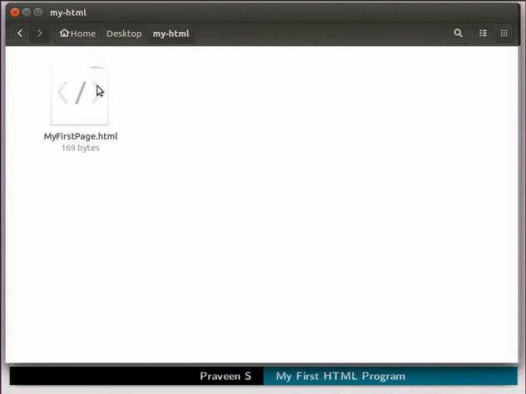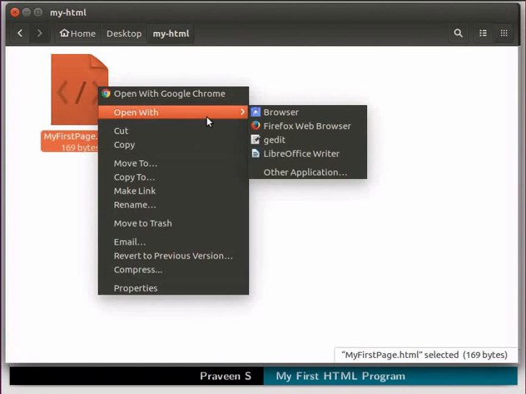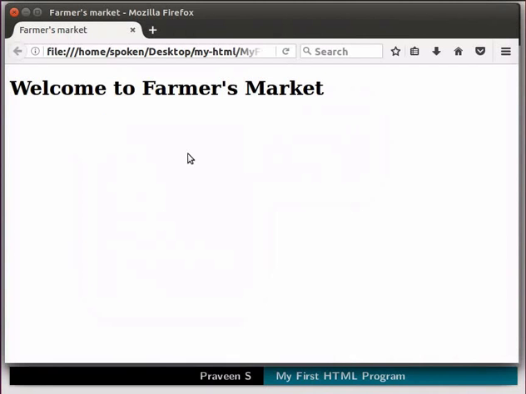Now let us see how to run it. Right click on the file and select Open with option. Then choose any web browser that is available. I will choose Firefox. This will open our HTML file in the Firefox web browser. The web page opens,